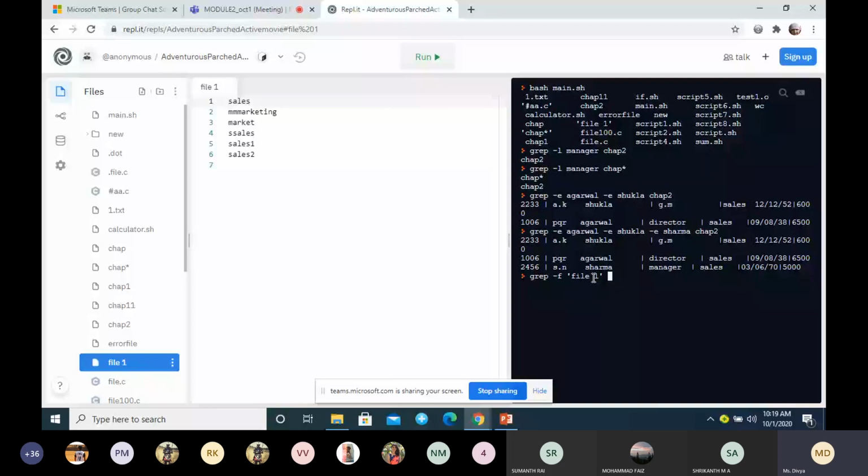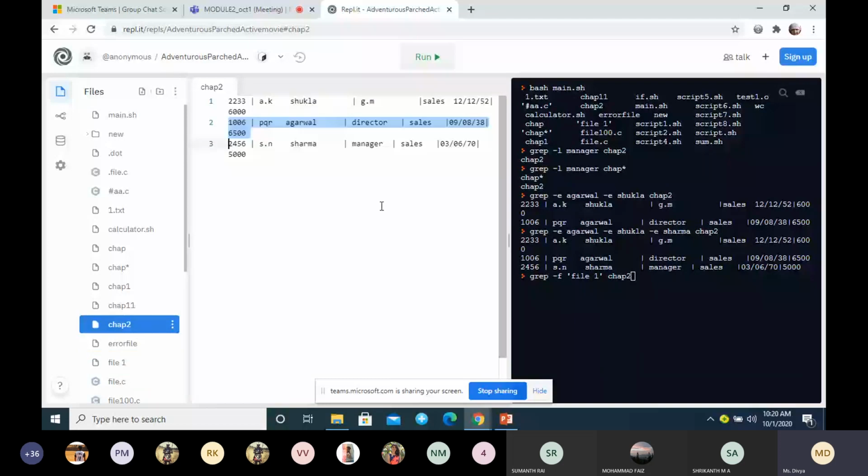For escaping space, you can use quotes or the other way. What is the escape sequence? Backslash. Okay, so I have used quotes here. I have all the patterns listed in file 1 and I'm searching in chap2, so here I have to search all the patterns.